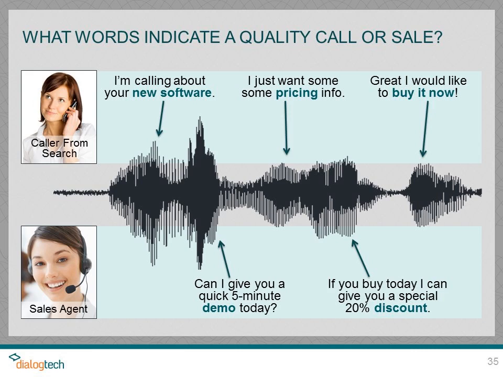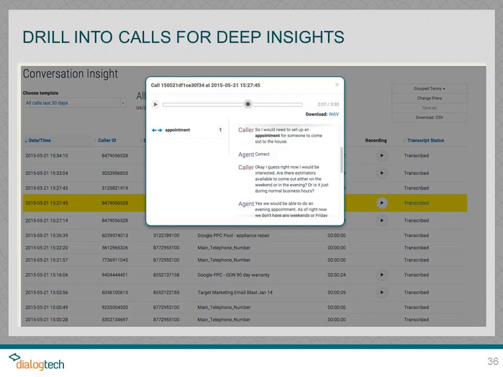But usually there are certain sets of words that could be spoken during a conversation, either from the agent or from the caller themselves, that can indicate whether or not this was a quality call or a conversion. And DialogTech gives you technology that can help you run keyword searches through your calls in order to basically drill into every conversation for keywords, key phrases that were spoken to indicate that it was a quality call. So DialogTech's Conversation Insight technology records, transcribes, and stores actual conversations, and then allows you to run custom searches through